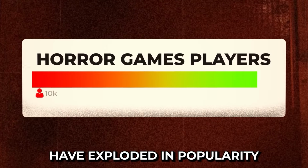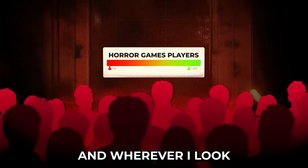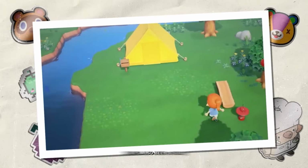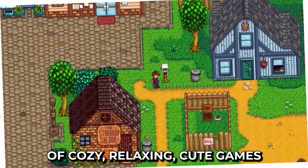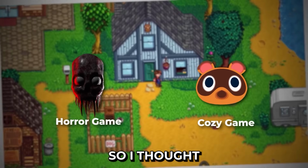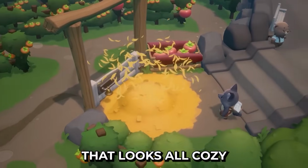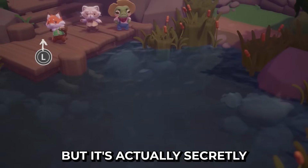Horror games have exploded in popularity, and wherever I look, I see great scary games being released. But on the other hand, there's also been a surge of cozy, relaxing, cute games. So I thought, what if we combined them? What if we made a game that looks all cozy and peaceful, but it's actually secretly...